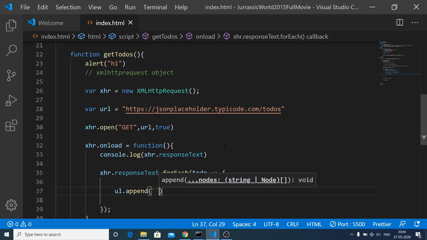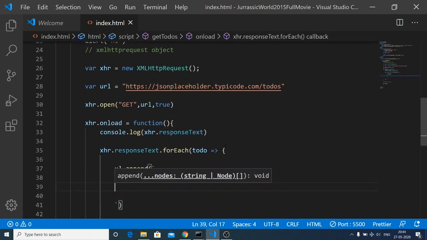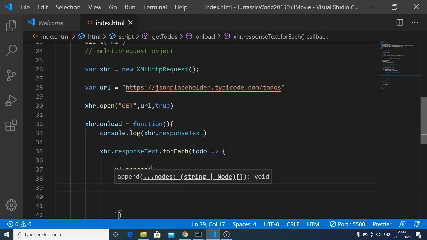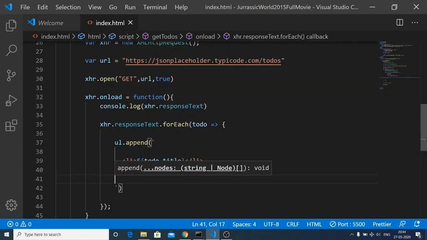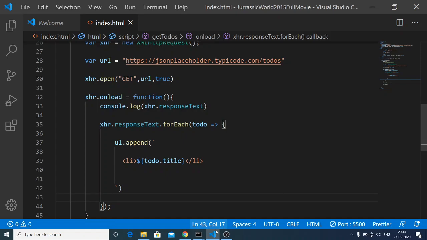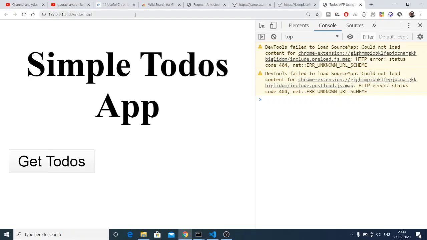Here we will write the backtick symbol in order to write a template string. So we will have a li tag. Here we will be getting the title of the to do by simply to do dot title, close the li. That's it. So after this I should be seeing a list of to dos. If I click this button,